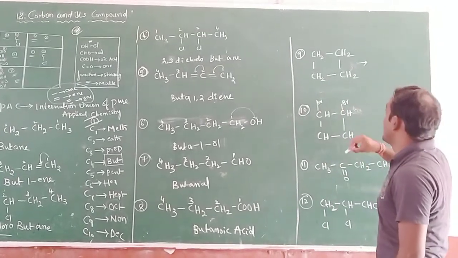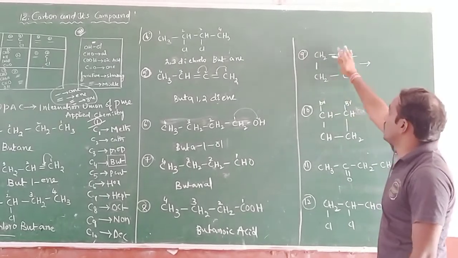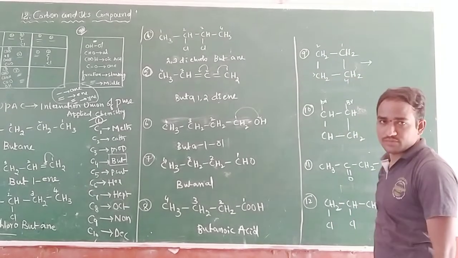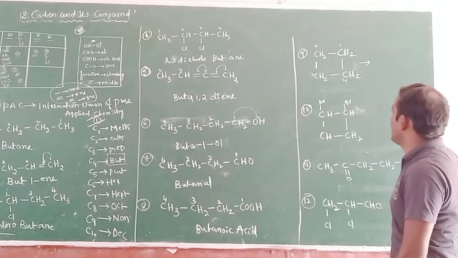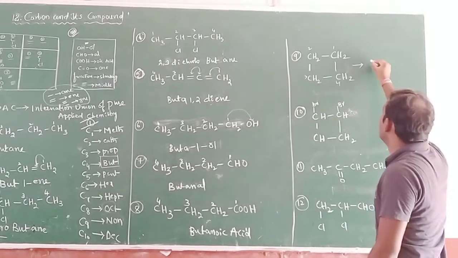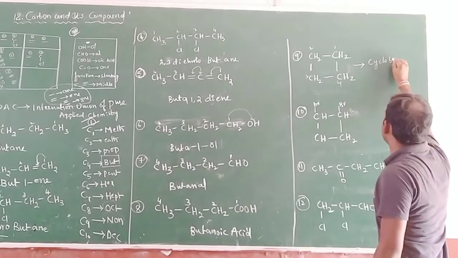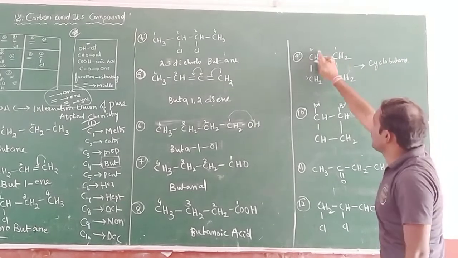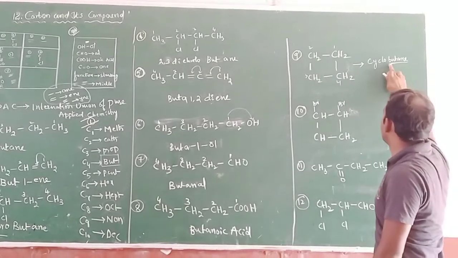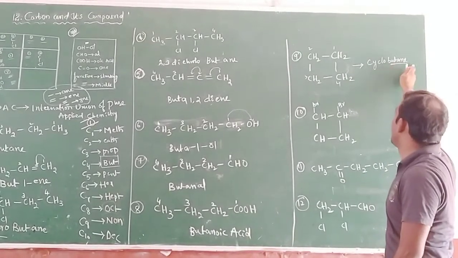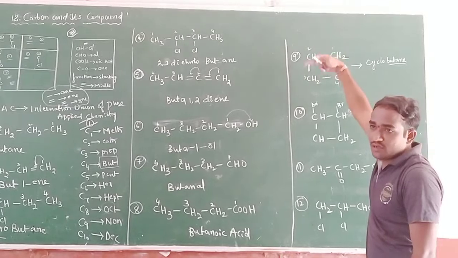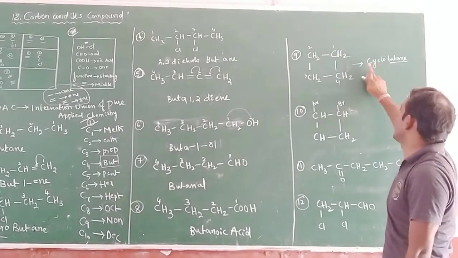See here, according to the numbering, it is a cyclic rotating process. So it is 1, 2, 3 and 4. How many carbons here? 4. So it is a cyclic process, and that is called cyclobutane. How many carbons? 4. Which bond do we have? Single bond. If it is a single bond, that is butane. And the compound is cyclic, meaning the carbons rotate around, so the process is cyclo.